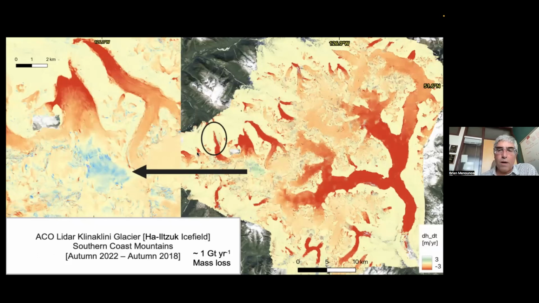Once you do that, though, you can make maps such as this. So this is Clean Glacier and how the elevation has changed over the 2018 to 2022 period. To give you an idea, this scale bar is about 1,000 square kilometers. So this is one of the largest glaciers that we have in Western Canada. This ice glacier complex loses about a gigaton of mass, or a gigaton of water per year. To give you, so a gigaton is a cubic kilometer of water.